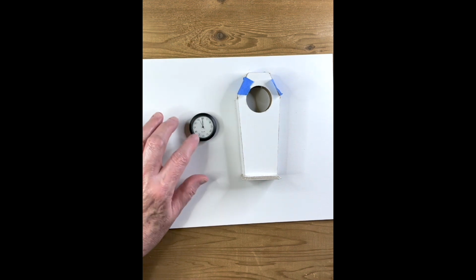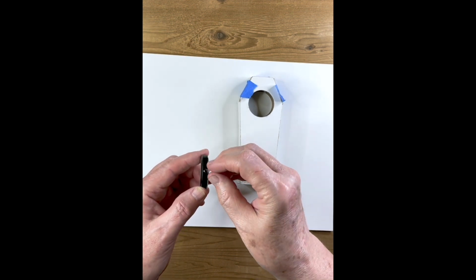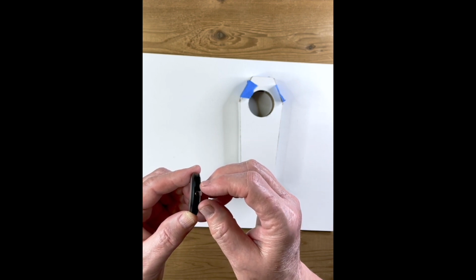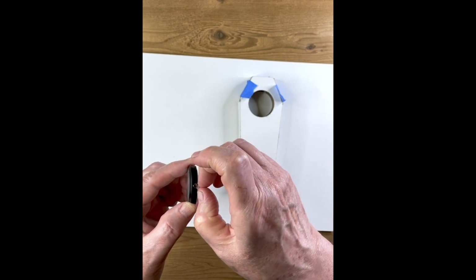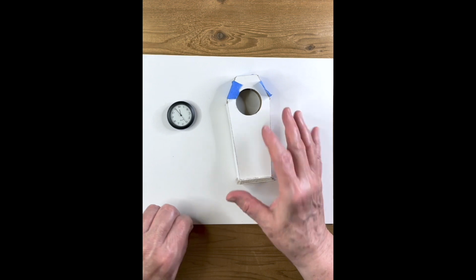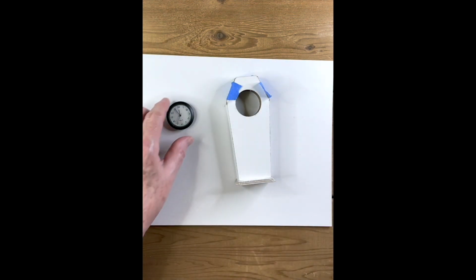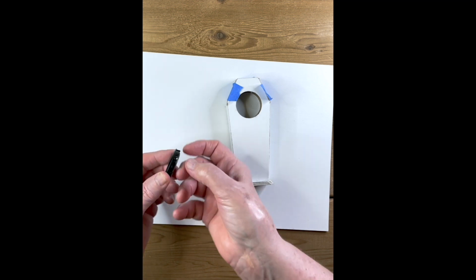So there are some tricks to it. This one I've already used before, or kind of experimented with. So I've taken the little tab out, but there's a little white tab, maybe hard to see, under what they call the setting crown, I think. It's a little round knob that you use to set the time with. So anyway, you pull out this little plastic piece. Let me put it on something dark so you can see it. See, it's sort of that little tab. So before you insert it, be sure to pull out that little tab and then set the clock to the proper time. Push the little knob in,